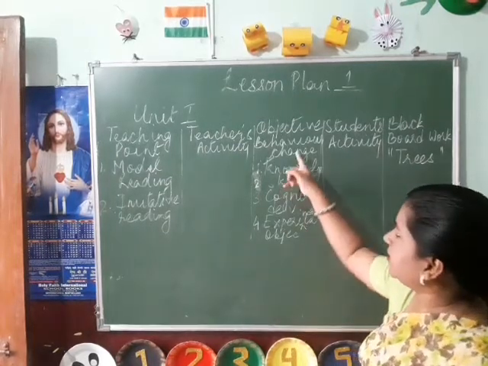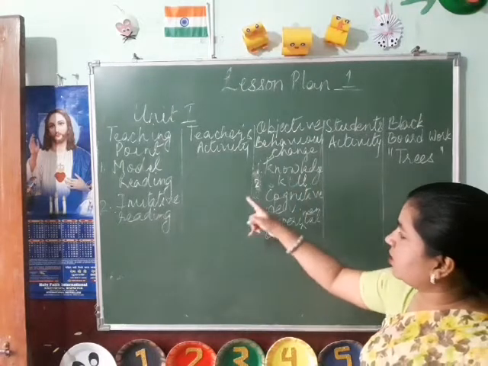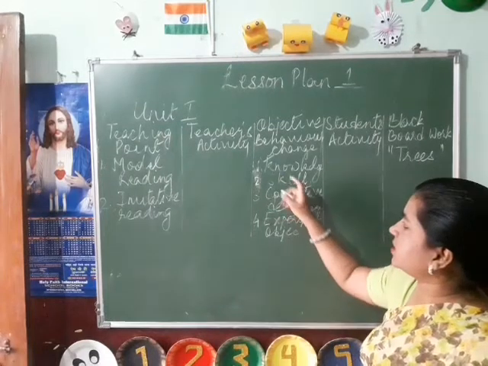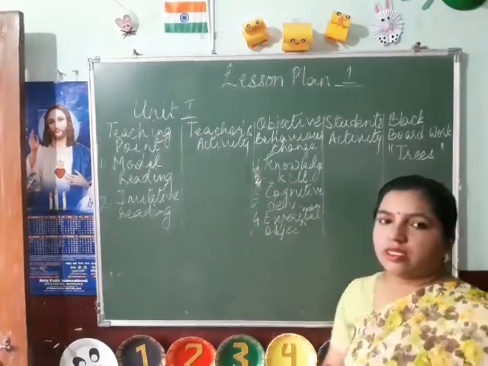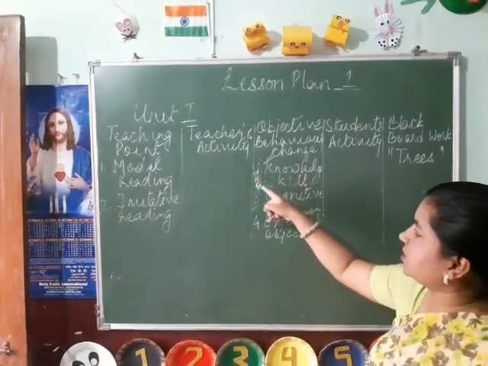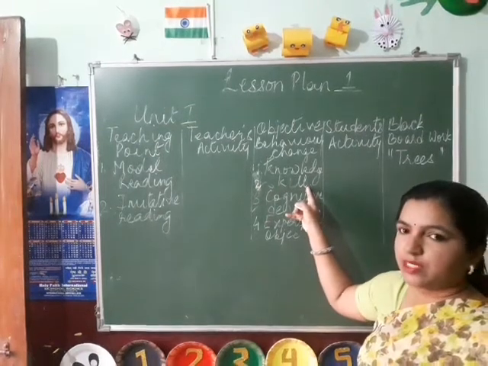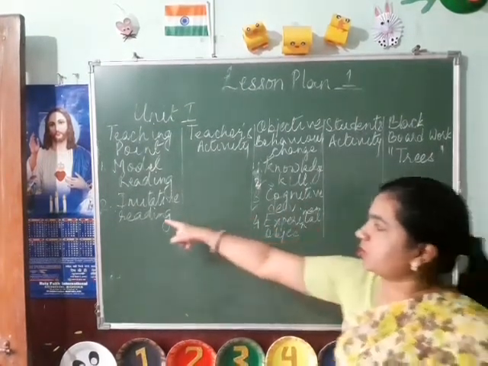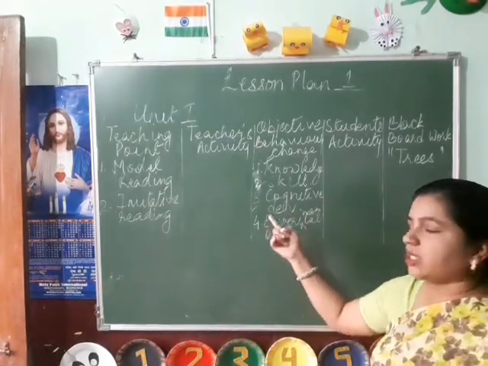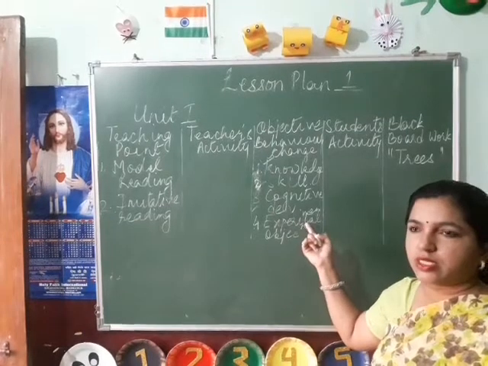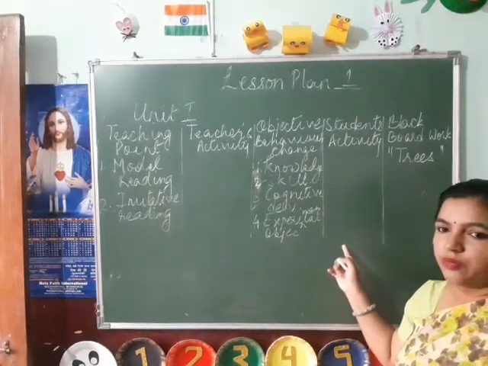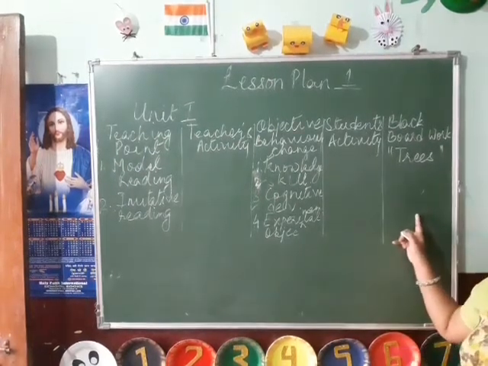And in the behavioral change, what you will see, when the students are imitating the teacher with the correct pronunciation, their skill is increasing. So in this second point, this behavioral change, this skill point will be taken. You will write, the skill of the students is increased. They grasp the correct pronunciation and the stress and the intonations. Students' activity will be, the students will read the lesson turn by turn. There is no blackboard work over here.